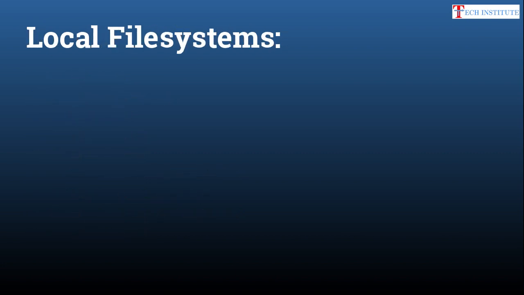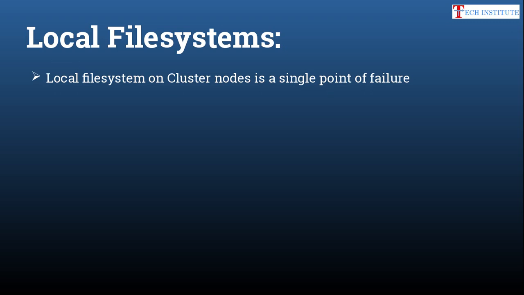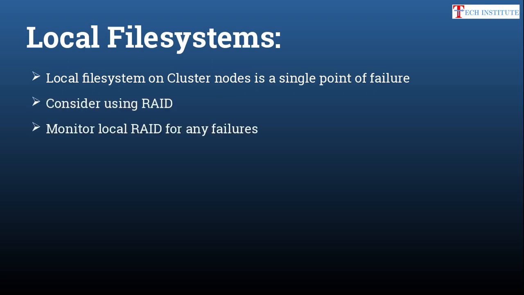In local file system, first thing you need to keep in mind is that you should not have a single point of failure. Local file system is your locally attached hard disk, so if you are using a single hard disk, you are putting a single point of failure in your server, so you need to mitigate that. To mitigate that, you should configure RAID, but not RAID 0, which will have striping. Instead of that, you should go ahead with RAID 1 or RAID 5, where you will have some kind of redundancy and you will mitigate the single point of failure.